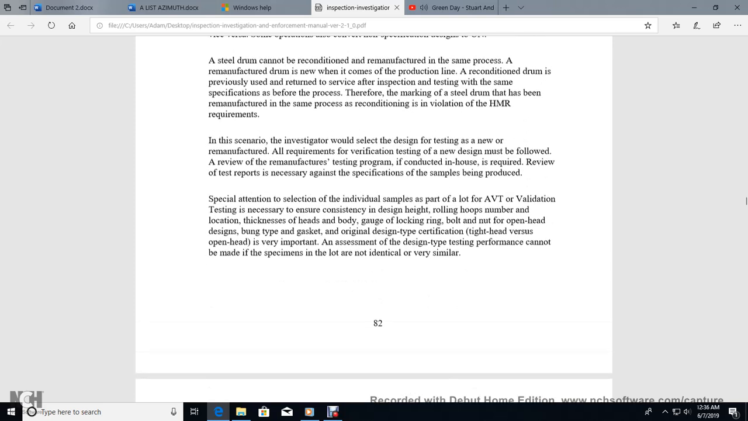If the investigator would select for the design the testing of the new remanufacturer, the requirement of the verification of the design must be followed with a review of the manufacturer's and remanufacturer's testing program, conducted within half of the required time for the review of the test report necessary against the specification sample to be produced. Special attention